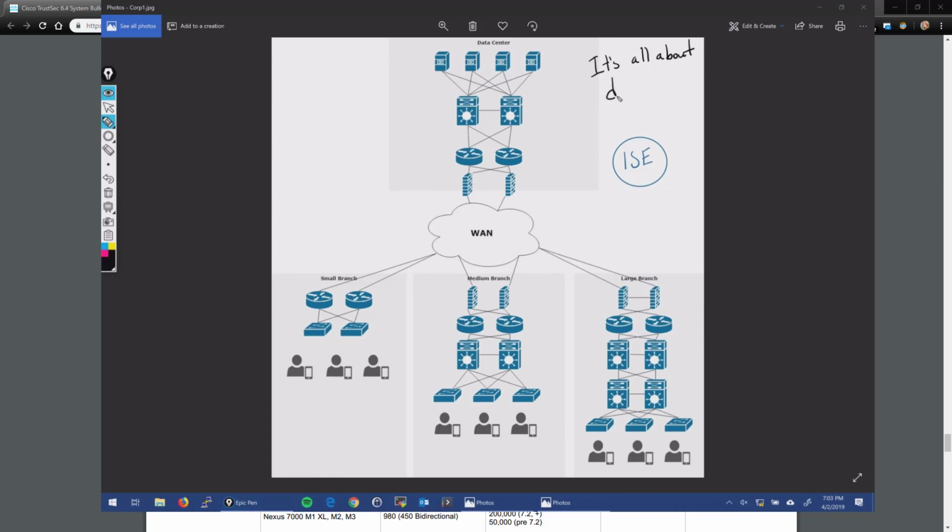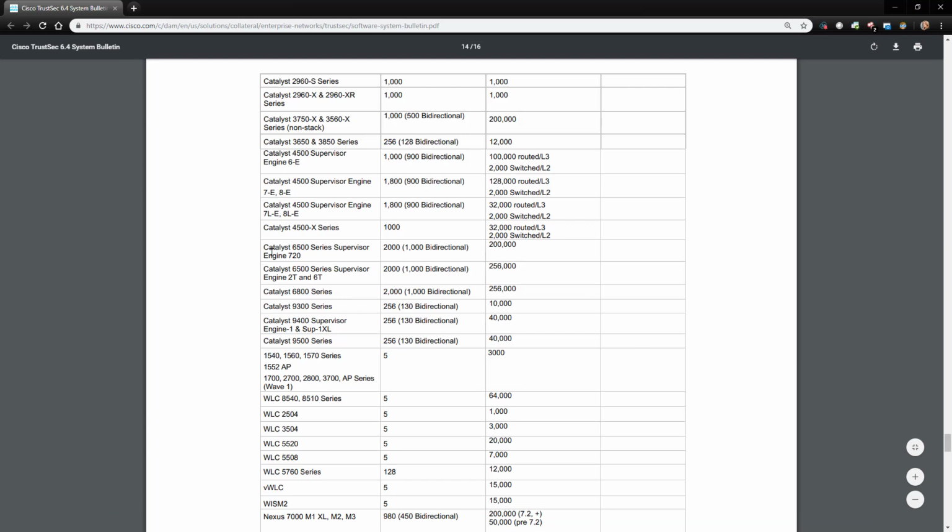The same thing goes for TrustSec. It's all about design, and that's where I pull back from the configuration and talk about this first before I finish this video series. We wouldn't deploy every IP to SGT mapping to the access layer devices, just like you wouldn't dump the entire BGP pool from the internet into your